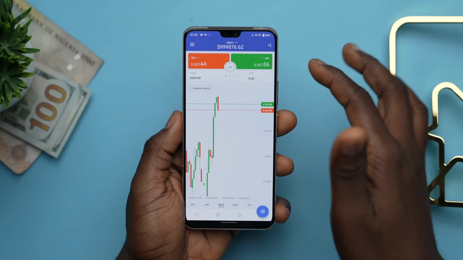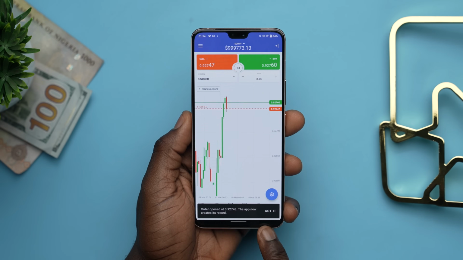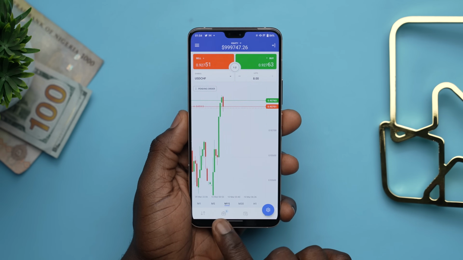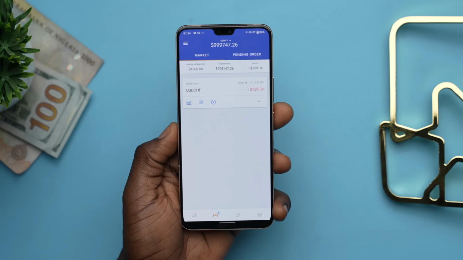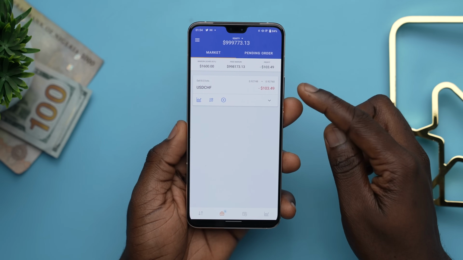After looking at the trend and the chart, I placed a sell order by clicking the red number. Clicking on the green is a buy order. That is why it's called a market order. And this is when you don't punch in the exact price you want to buy or sell. You just go with the price that they give you. However, it's advised that you select the price that you want to buy and sell at.